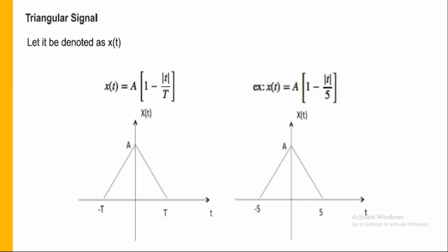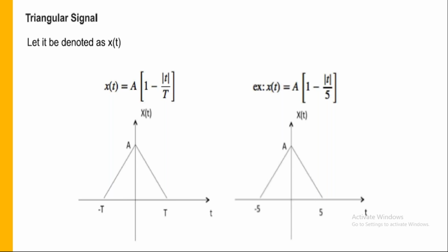Then the next type of signal which I'm going to discuss now is the triangular signal. If I ask you to write the equation of a triangular function, this triangular signal is nothing but the combination of two linear equations, not passing through the origin, joined together. That means the equation of a triangular signal looks like the sum of two equations like y equal to mx plus c, and the other one is also mx plus c. If you add these two, then it looks like a triangular waveform.